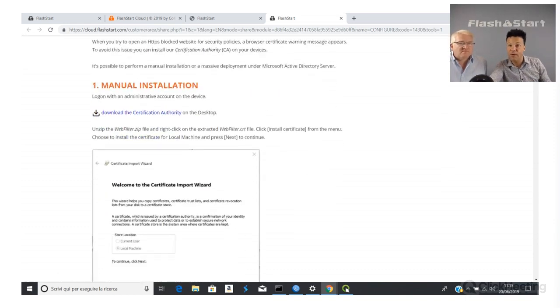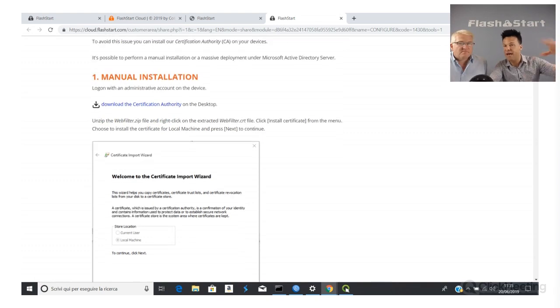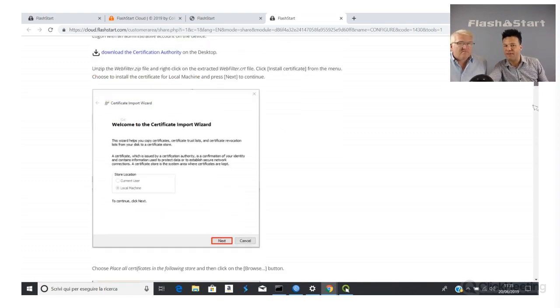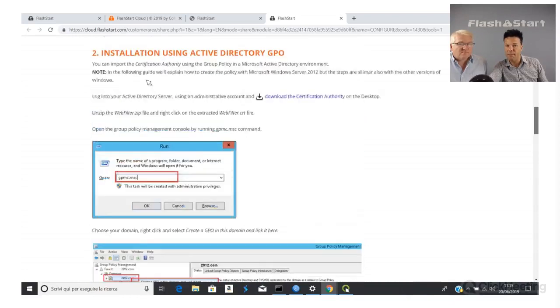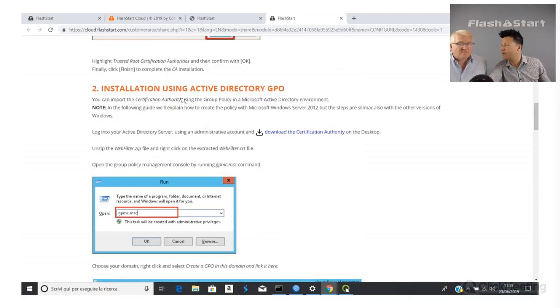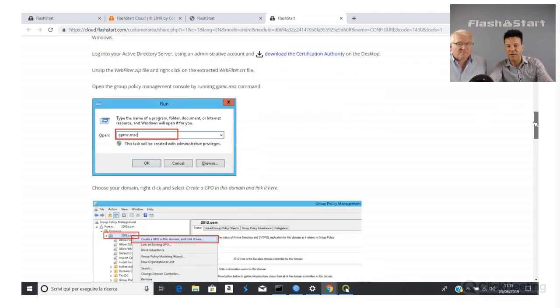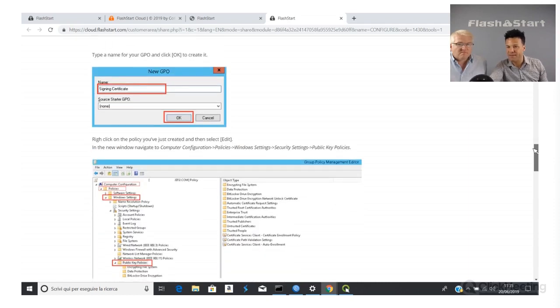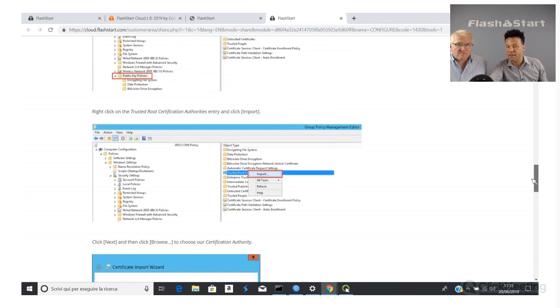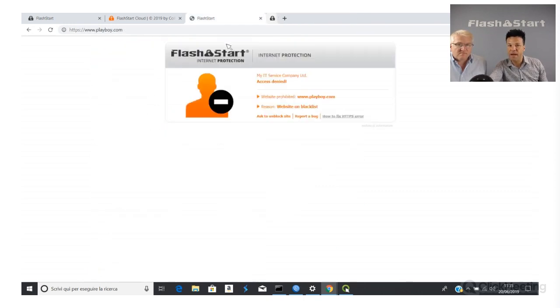You can manually install, or if you manage large environments, such as Active Directory environments, you can simply deploy massively using Active Directory group policy. It's quite well described here. You create a policy and you deploy at next user logon the certificate to everybody.